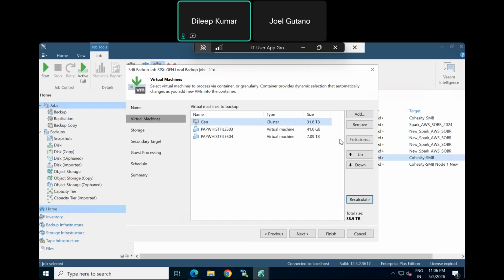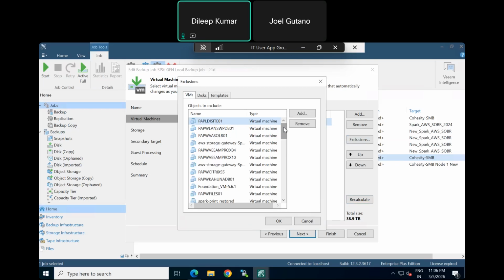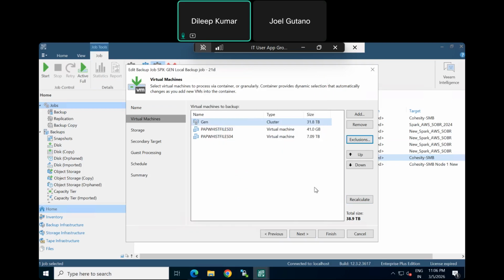And when we go to the exclusion, these are the servers that don't need to be part of the backup rotation at all. You can see, right, test and decommissioned servers. So those servers I just excluded, and when I click on next,